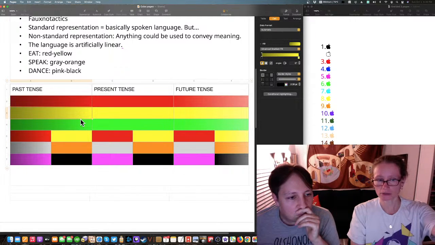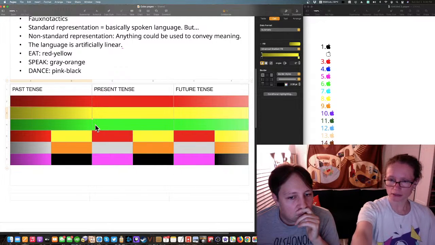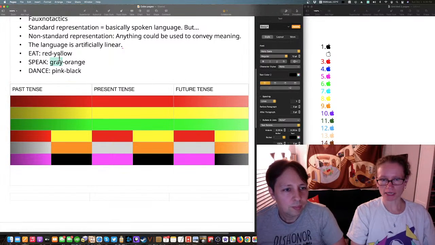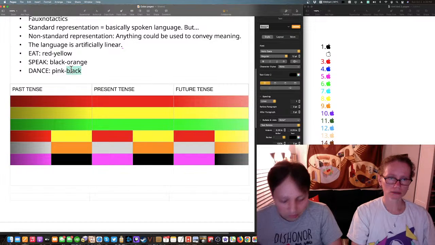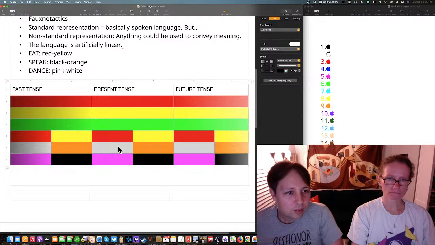Now black there would be a problem, because you're just going to see black. And white there is going to be a problem, because you're just going to see white. So yeah, like you're black right in the past tense as the beginning, and let's change white in the future. Okay, we're going to change these to black and white.